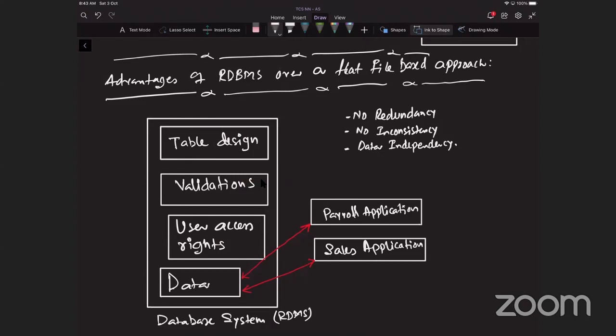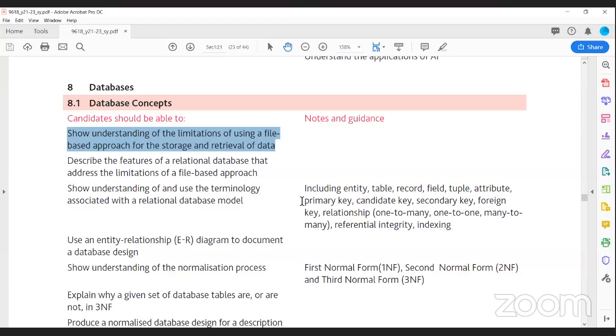So these are basically the benefits of it. Now, let's see what's further in the syllabus. Now, we have seen describe the features of a relational database that address the limitations of the file-based approach. That is now over.